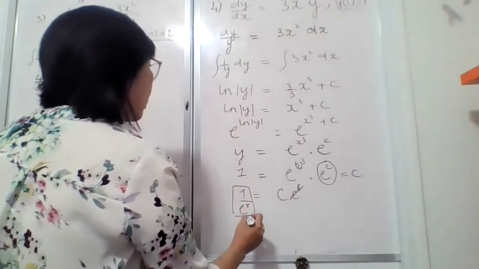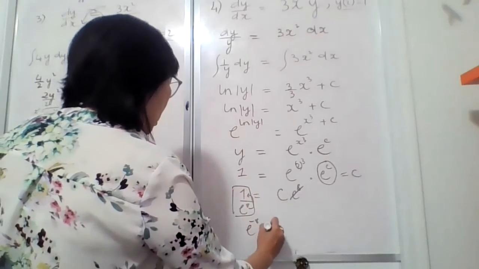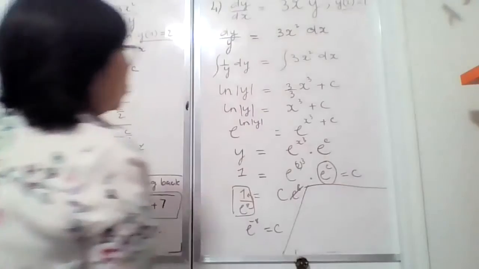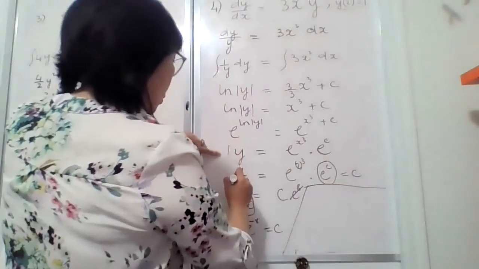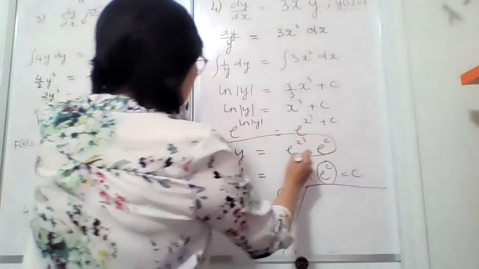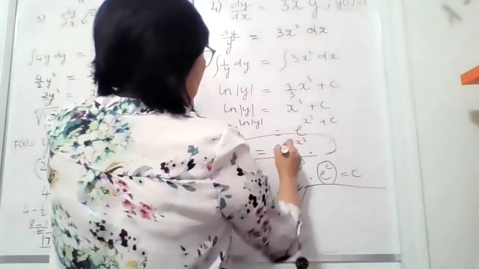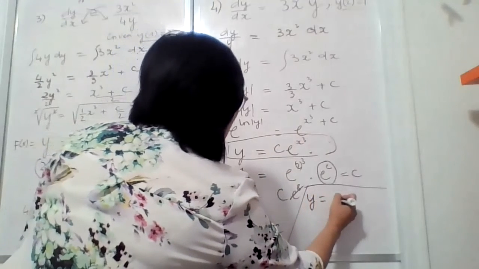So now I can bring this up: e to the minus 8 equals c. Plug back into the equation. Our original equation is which one? This one. And we change this so it becomes c, right? So this becomes y equal